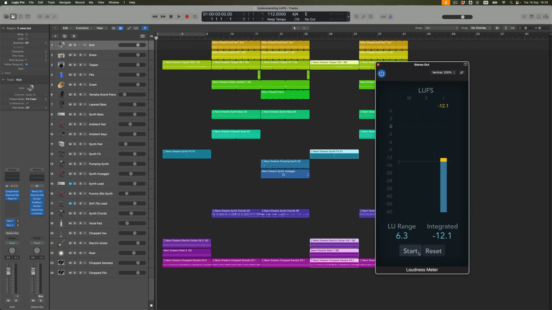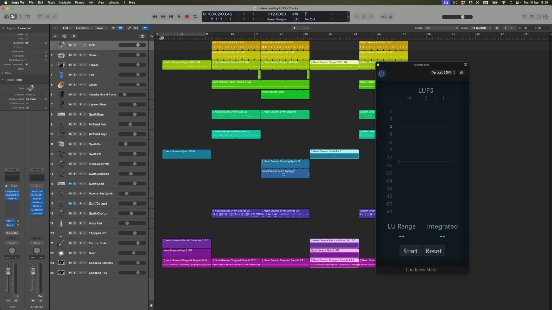Who knew? So once again, I'm going to just undo that. I'm going to reset it. And I have turned it down a little bit now, but let's see whether or not I could even potentially have more level now, depending on what that integrated measurement is.